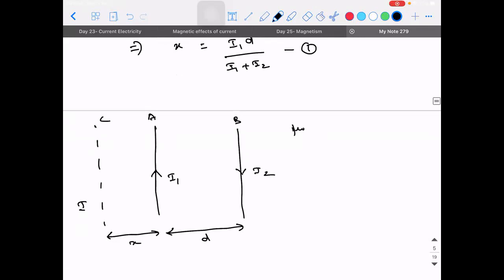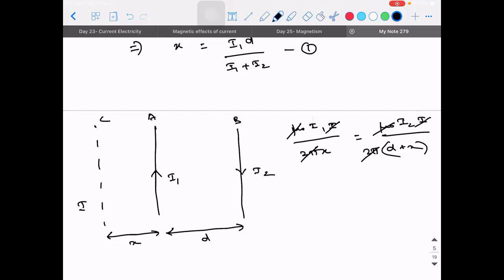Now tell me, mu naught I1 I the whole divided by 2 pi x is equal to mu naught I2 I the whole divided by D plus x. So mu naught I gets cancelled. 2 pi is there. So 2 pi also gets cancelled. So I1 into D plus x is equal to I2 into x, which implies